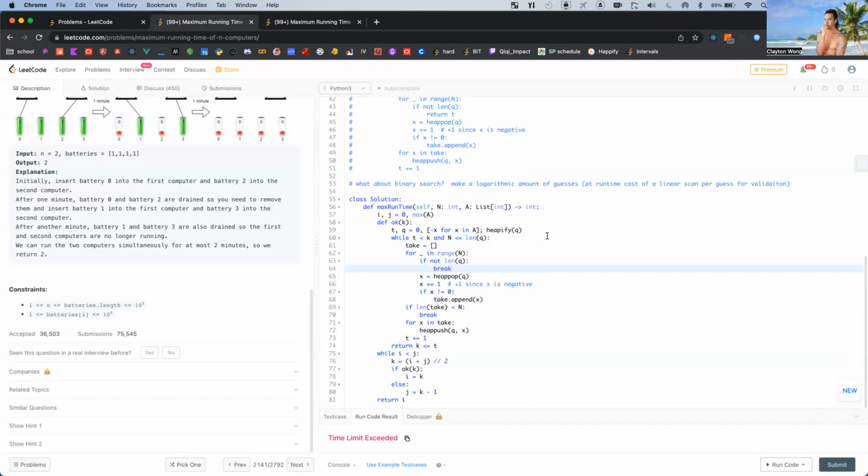What's going on here? We have at least n in the queue.